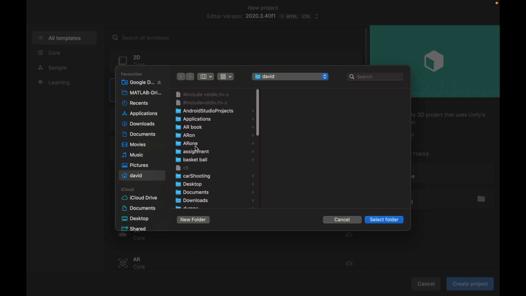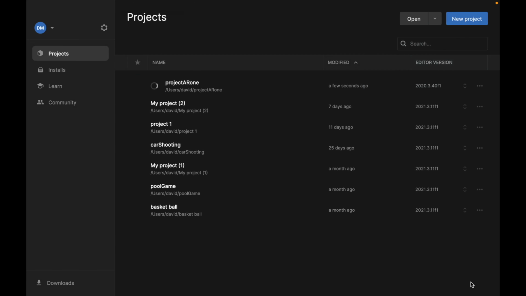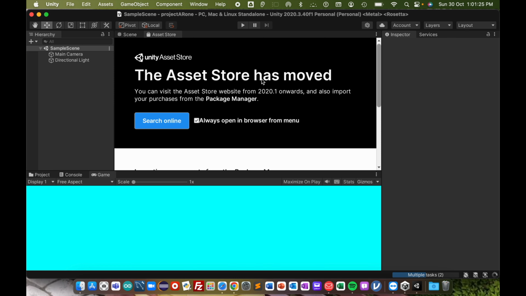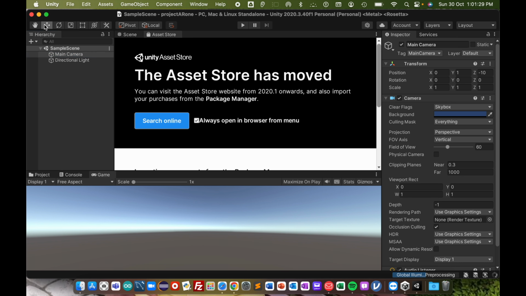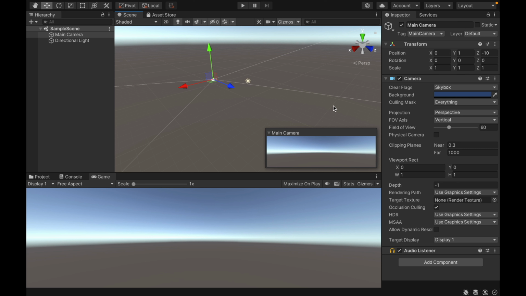Okay, AR1. You see here my project will be saved as AR1. So I come to create project. Just take a couple of minutes and close this hub. Okay, so now we can see we have our project, we have our scene, everything open. So the next thing we are going to be looking at is